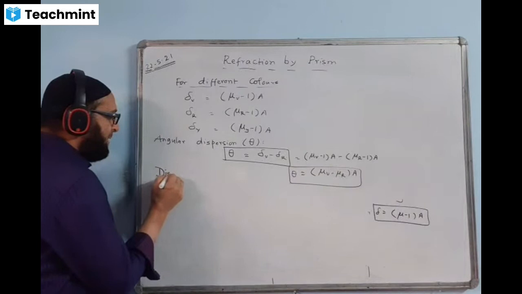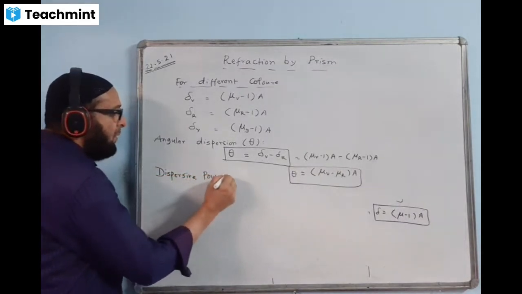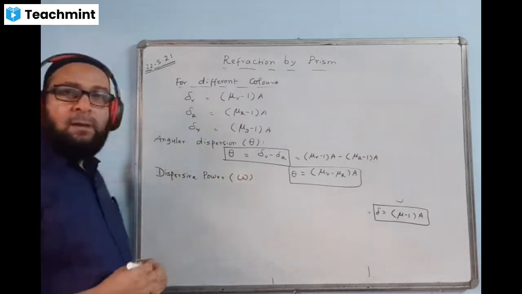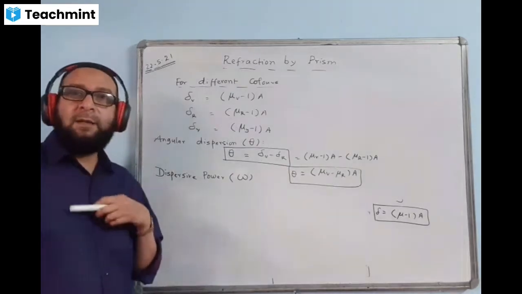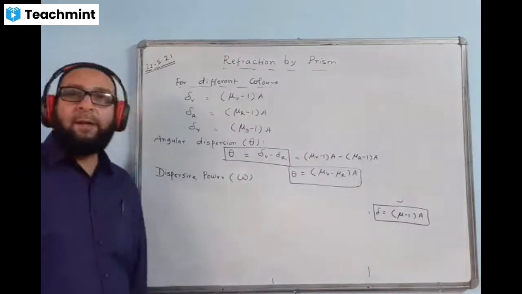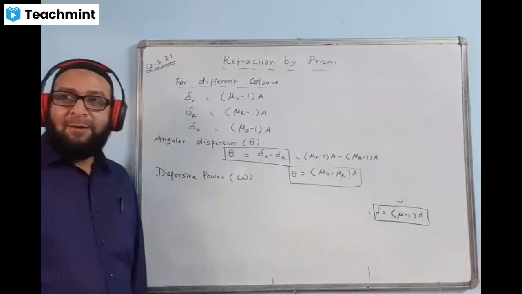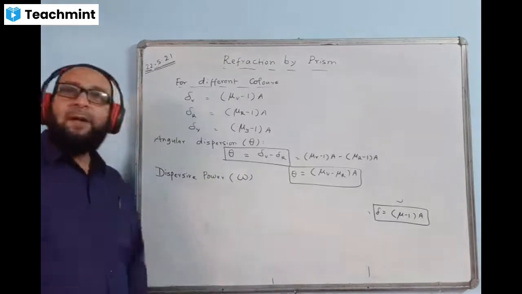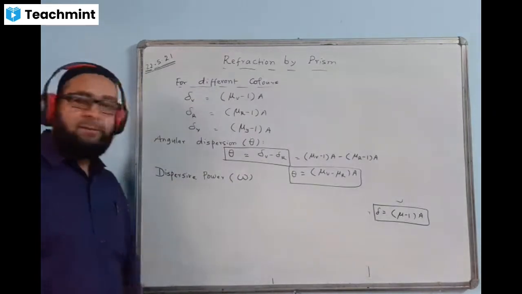Okay. Next heading we give now below this: dispersive power, denoted by the symbol omega. I think last year in the complex number chapter of mathematics, we used this symbol as omega, and omega cube is equal to 1, and 1 plus omega plus omega square equal to 0. These were the two properties in the complex number, if you remember. But forget about that. The symbol name is omega and it represents dispersive power.